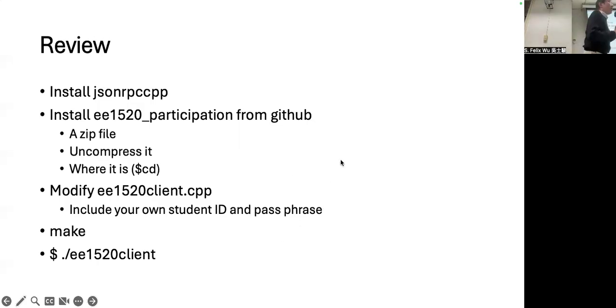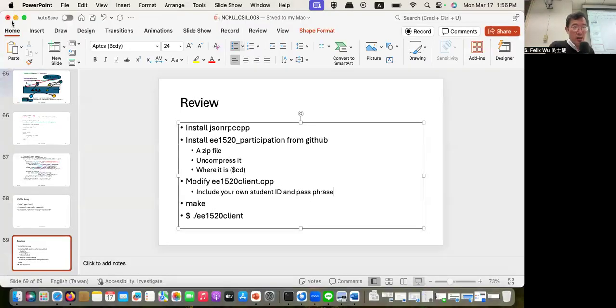Okay, this is what we try to have all of us done today. I know you're in the middle of this. So installation of JSON-RPC CPP, and you try to download the EE1520 participation from GitHub. You have to do this part, and then you have to modify within this program EE1520 client.cpp, which is, let me actually get rid of that. What exactly you need to modify